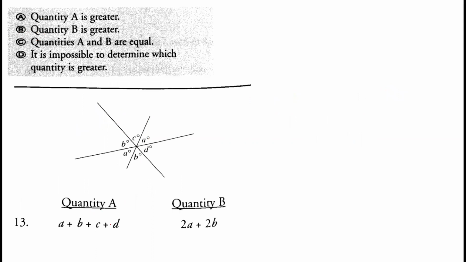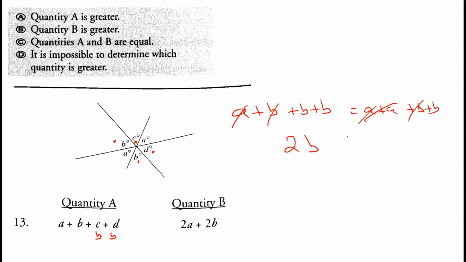So we have quantity A and quantity B. Quantity A equals A plus B plus C plus D. Now, if you look closely, C is equal to B. So C can be written as B. And D is also equal to B. So this can be B as well. Now A plus B plus B plus B. Now let's suppose we equate this. So this would be A plus B plus B. So A cancels, B cancels, and B cancels out. So we have 2B, and over here we have A plus B.